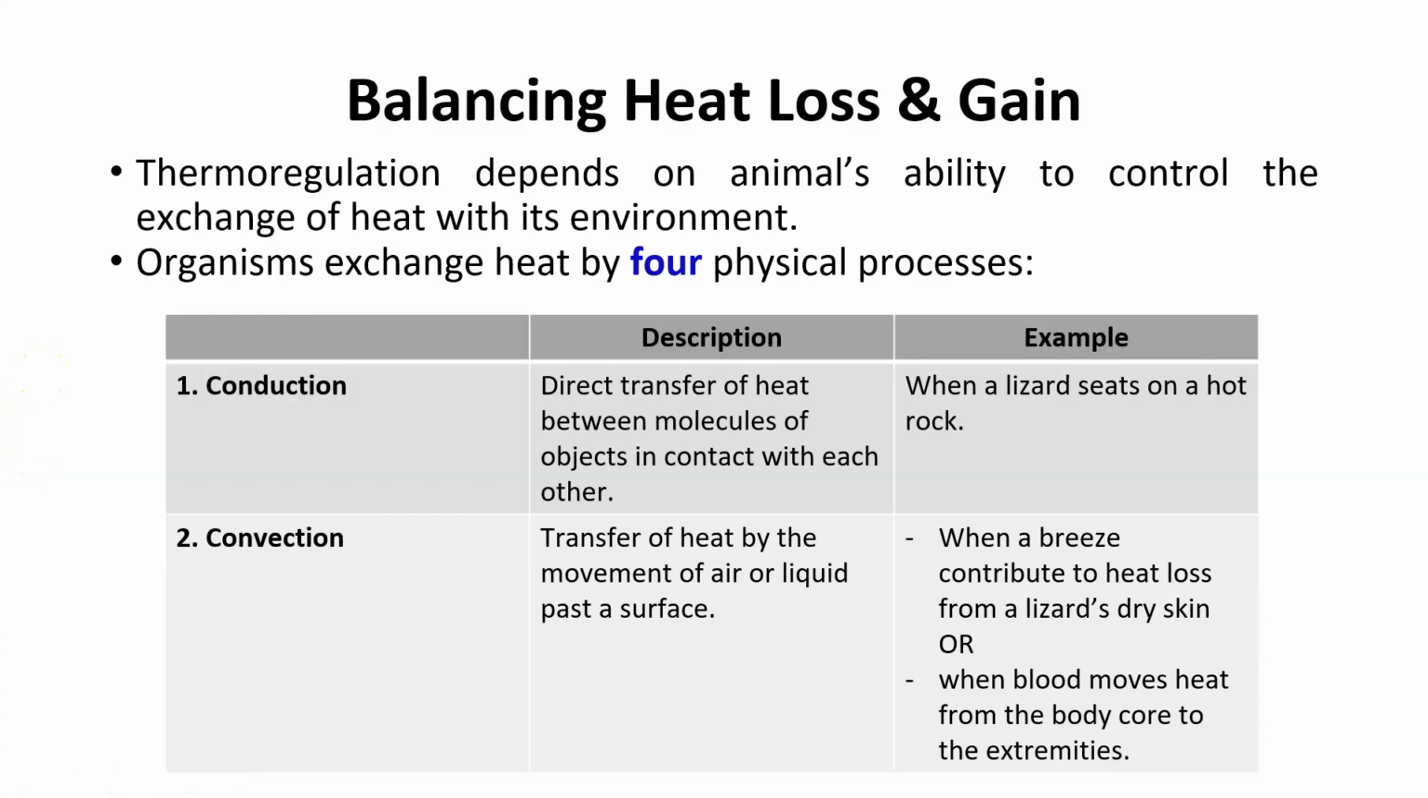Okay, so balancing heat gain and heat loss. So thermoregulation depends on animals' ability to control the exchange of heat with its environment. Organisms exchange heat by 4 physical processes. This one you have to remember. Conduction, convection, the 4 physical processes for heat gain and heat loss,